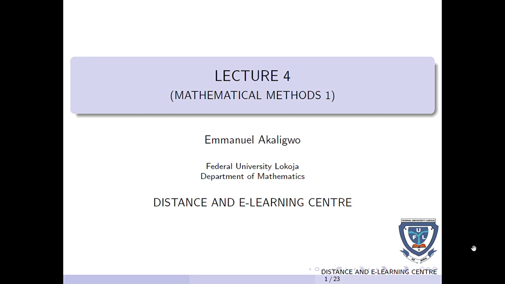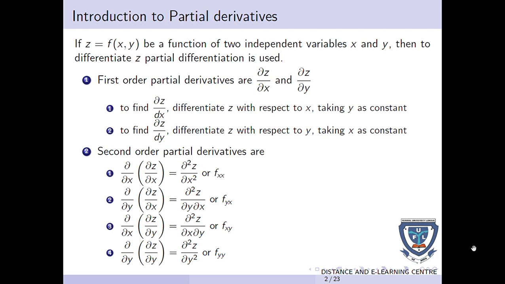This is lecture 4 of Mathematical Methods 1. Our topic for today is Introduction to Partial Derivative. If z is equal to f of x, y, a function of two independent variables x and y, then to differentiate z partially simply means